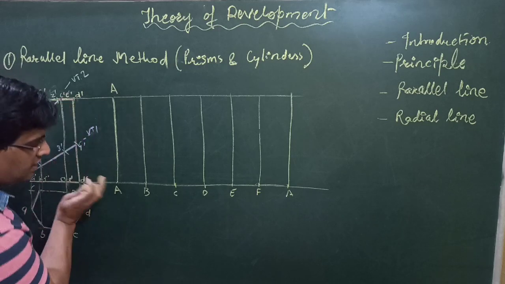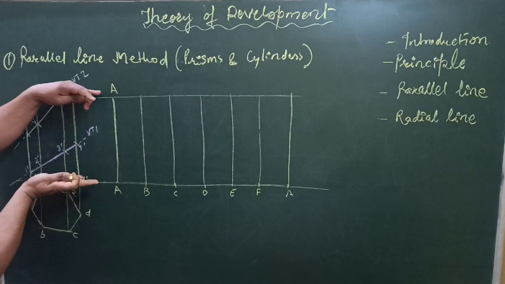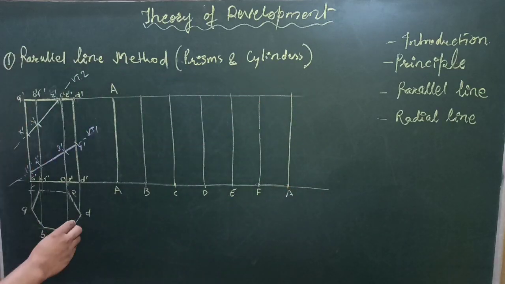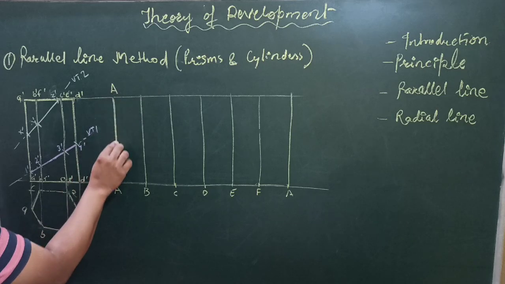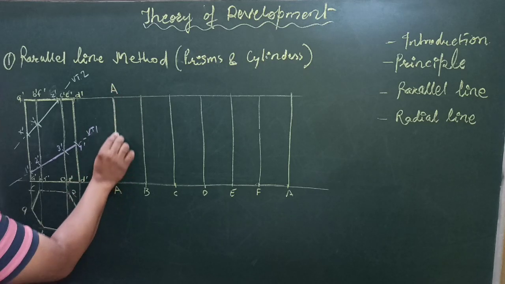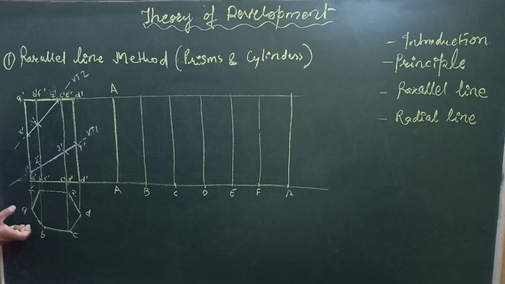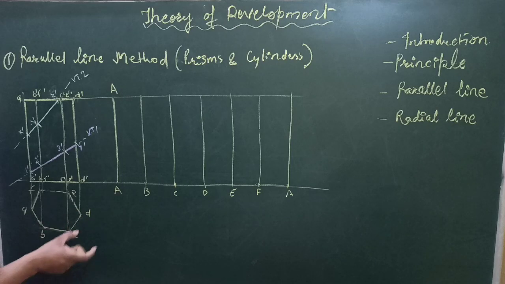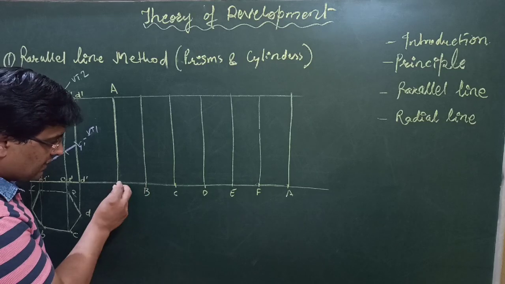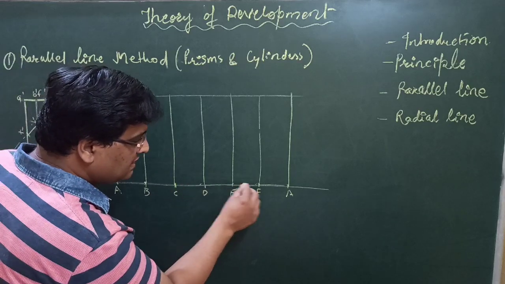Then draw a line parallel to the XY line from the top of the prism, that is, from the height of the prism. So these two lines are parallel. Join A to A, that is, draw a perpendicular on the XY line so that AA is there. Now take the distance from the top view, the length of the side of the prism, A to B or B to C, any one of them, the length of the base, and cut on this XY line: from A to B, from B to C, C to D, E and so on.